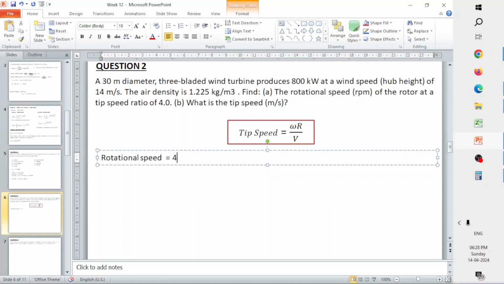Okay. Then 4 into 14 by 15, yes. But okay, yes, that's fine. So they are asking you the rotational speed, so that will be your